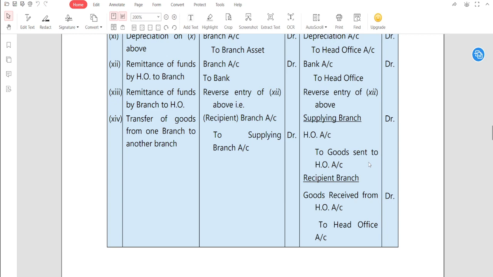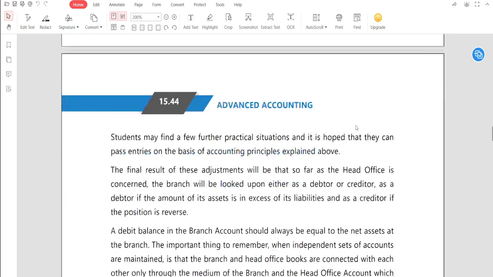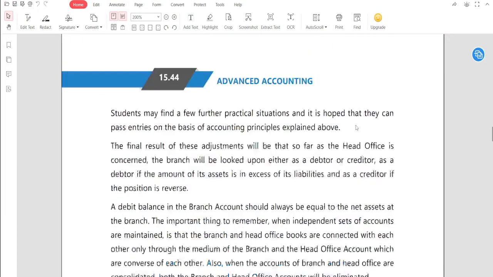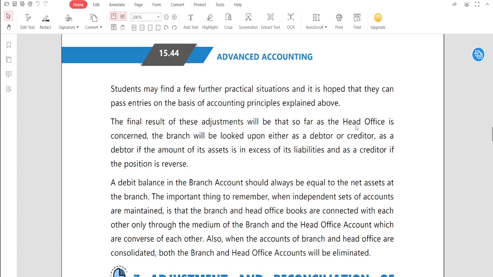So this is the whole fundamental journals regarding the total 14 journals. Okay, we have done it. We have understood this. Okay, this is the fundamental. So we need to understand. See here, we can find some little bit of practical solution and final result of the adjustment. We are going to do it. Just try to understand, these are the very basic fundamentals and the very basic journals with respect to